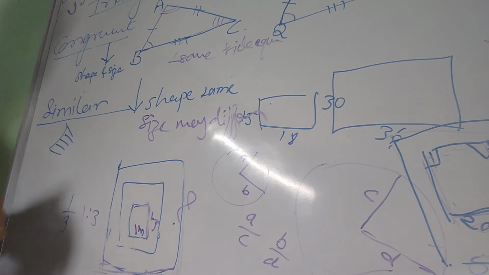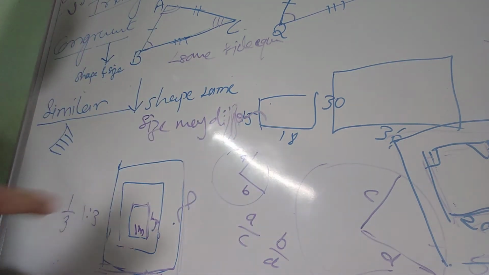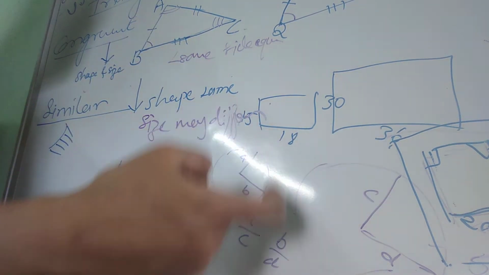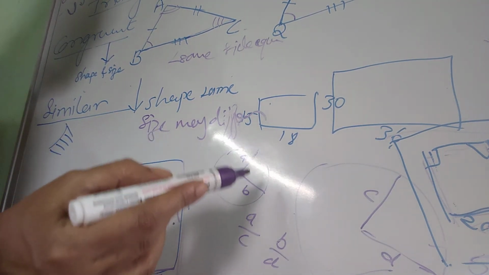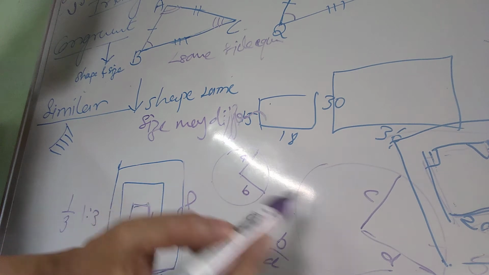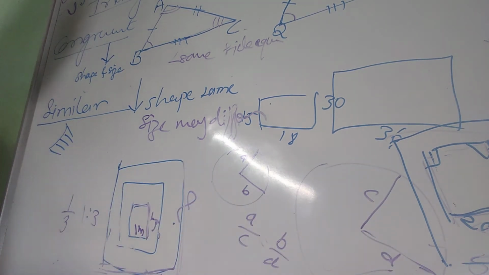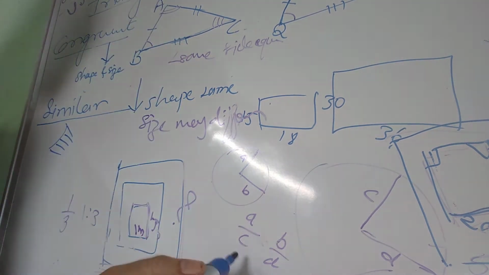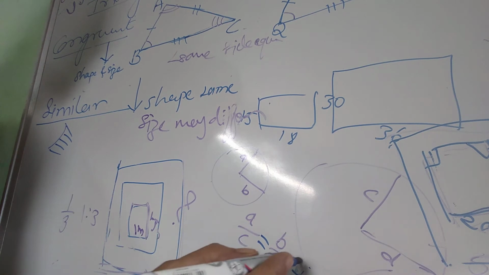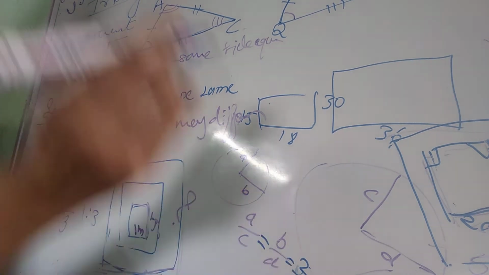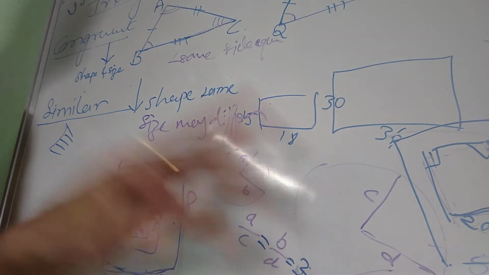Now we are going to see what similar figures are. Here one circle is drawn of 2 centimeter, another circle is drawn of 5 centimeter. We can see that the ratio of this to this and the ratio of this to this will be equal, and that will be some constant. So the constant factor is 2:5. That is the scale factor here.